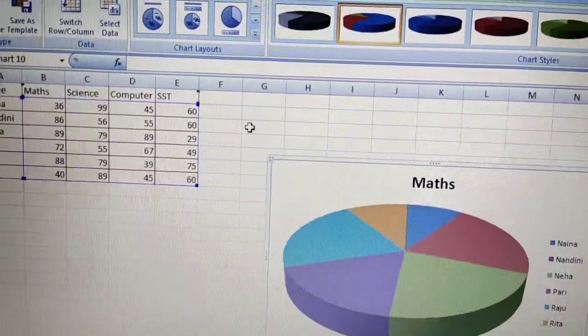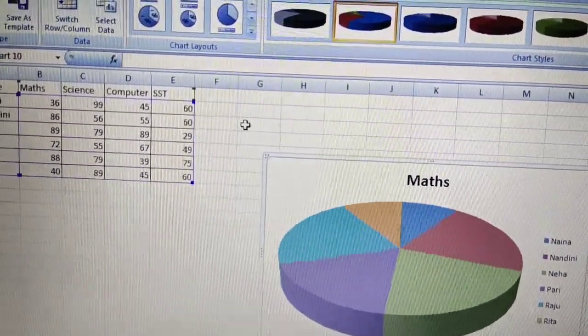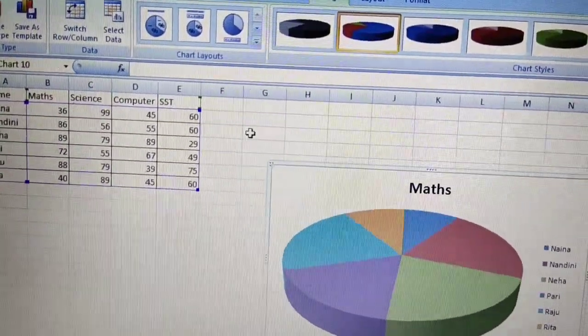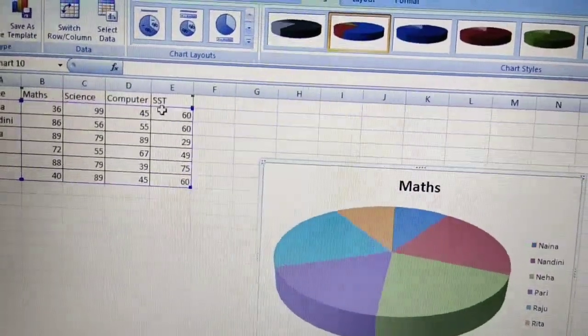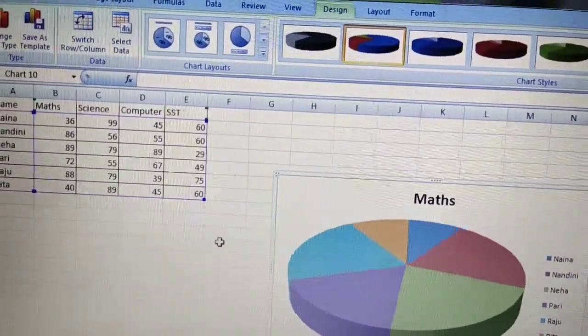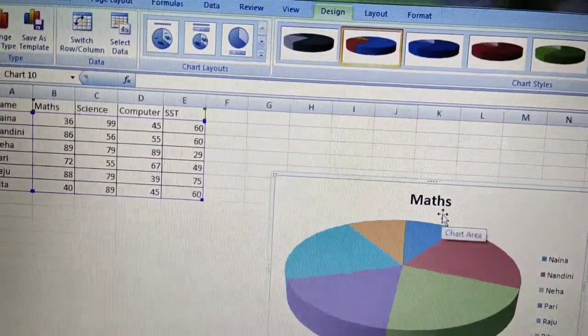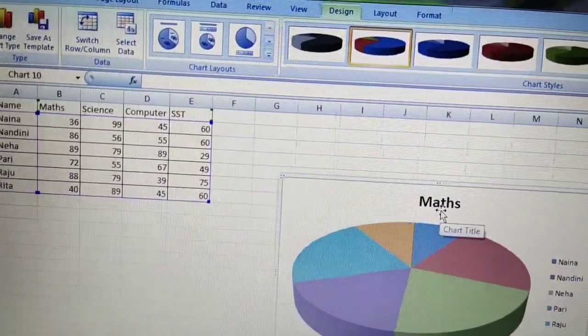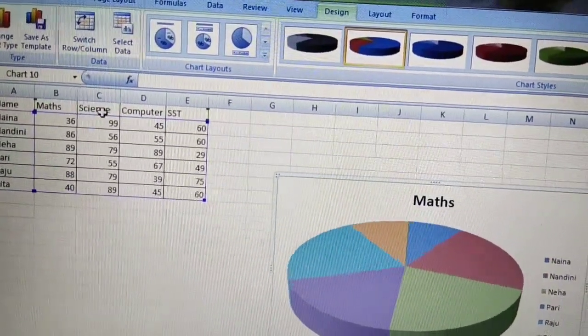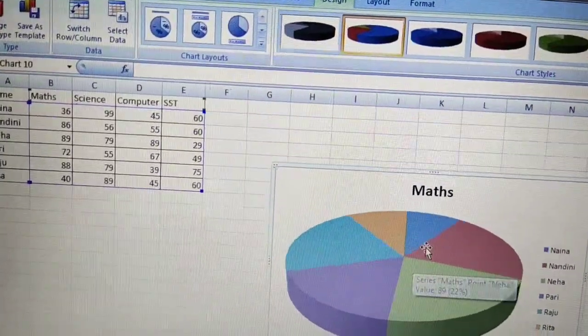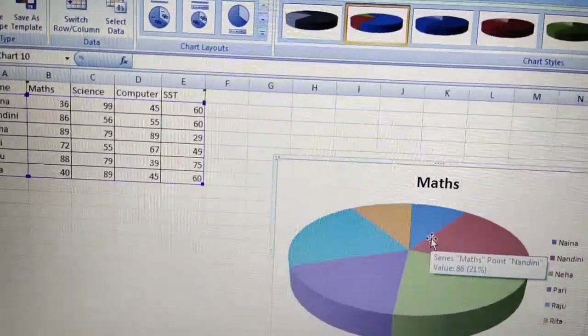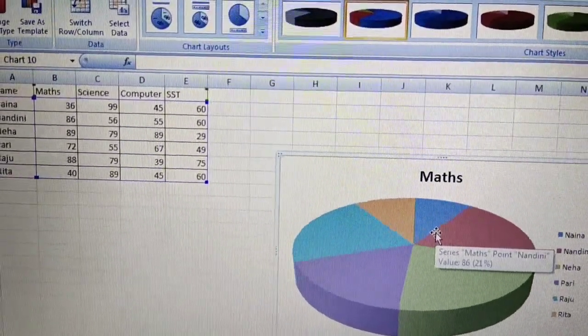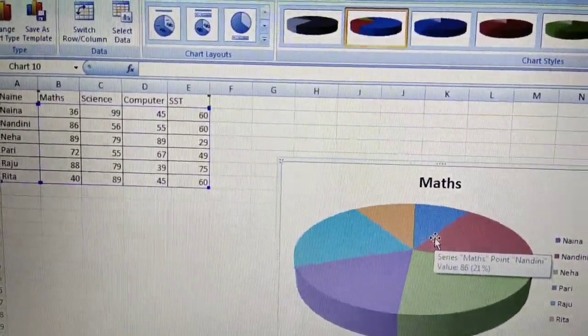Why? Because in a pie chart we can select only a single data series. I have selected the whole table, but it is showing only the single data, that is maths. If I select science, it will show the science. This is the pie chart, where we can select only a single data series.